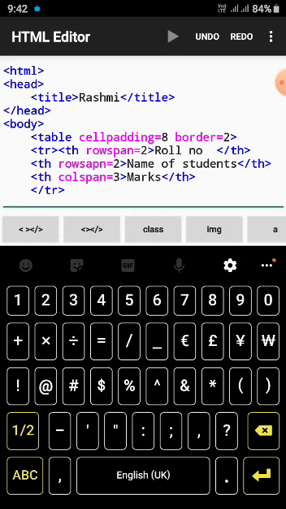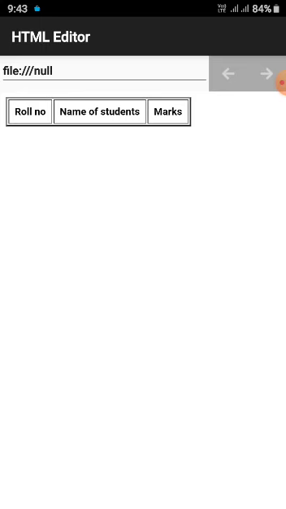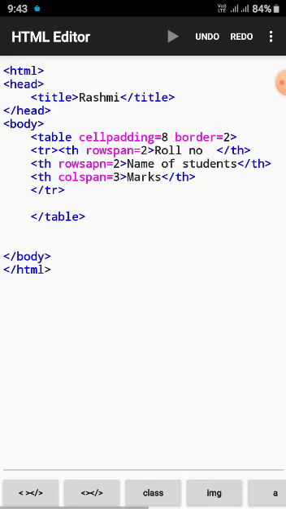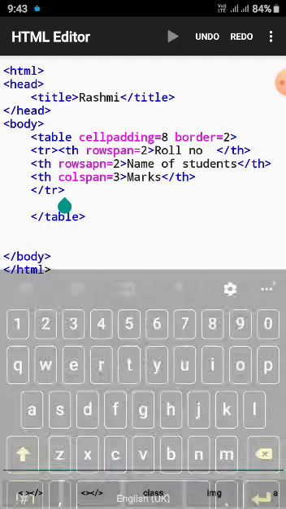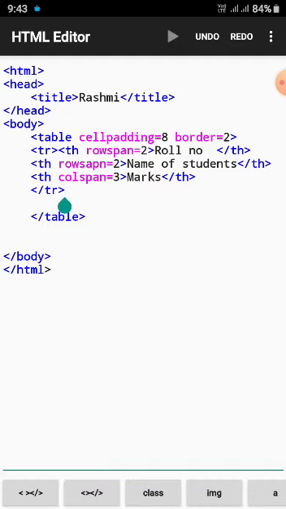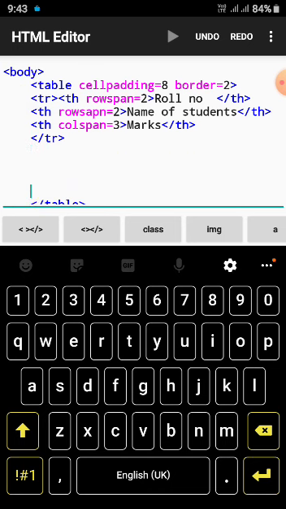Fine. Now you check the output. Is there any difference? Is there any change you got in the output? No, you won't get. Why didn't we get it? Because until you make the next row, you won't get any difference in the output, students. So let's make the next row.